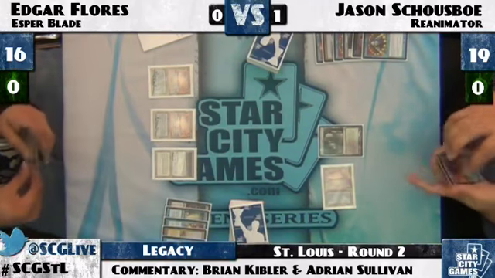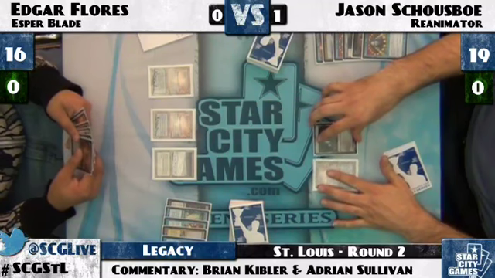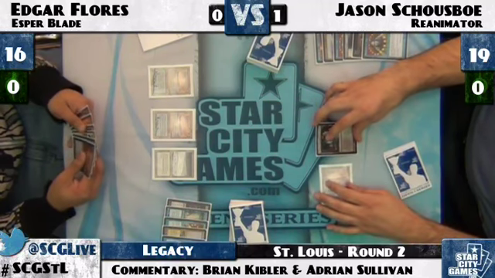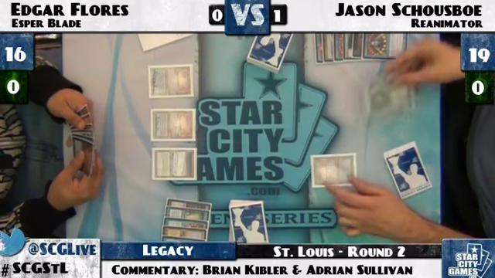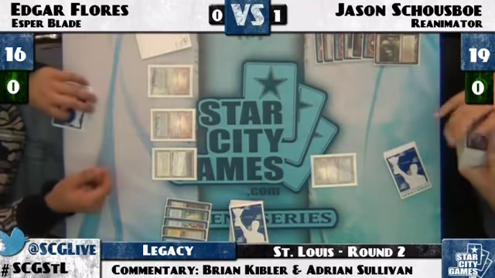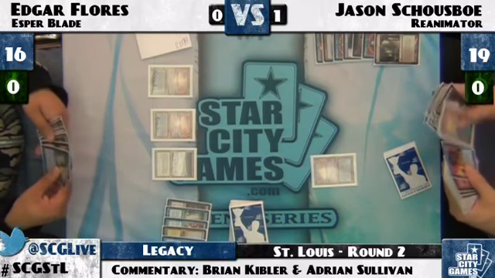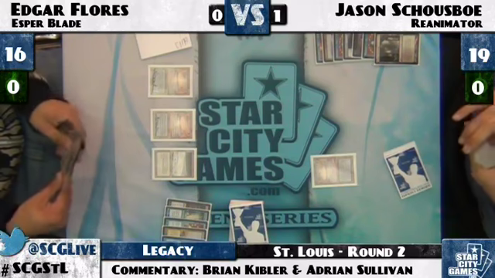And Edgar draws Extirpate, a huge weapon. Extirpate's split second is so powerful that it's just incredible. I'm actually a little surprised that he even runs Surgical Extraction. I understand that Surgical Extraction can be free, but Extirpate does so much. I think part of the difference between Extirpate and Surgical Extraction is that you don't necessarily want...